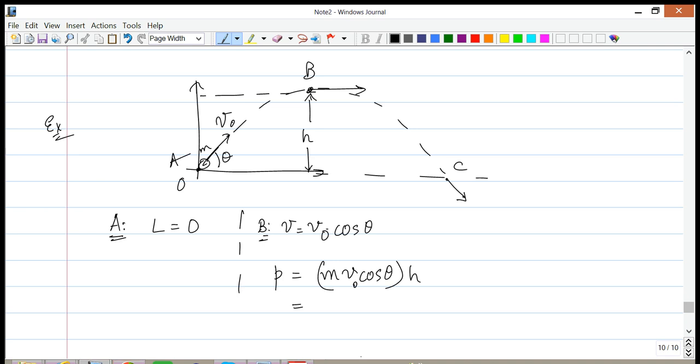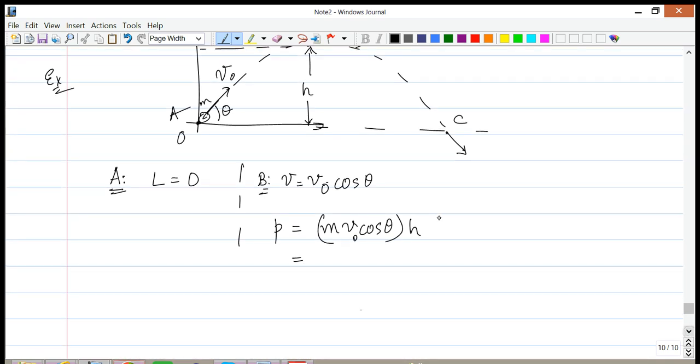Set up your 2D chart and find the height, know the conditions, and what I'm going to do is write the answer down, and what I'd like you to do is just stop, find the height, and see whether your answer matches with what I have written. So the height you obtain, if you do it correctly, will be v0 sine of theta squared divided by 2 times g.